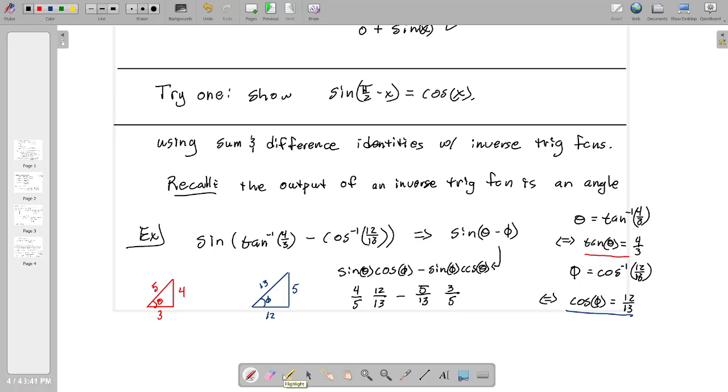Now personally, I don't like to simplify these because we're trying to combine everything, so we have 5 times 13, 13 times 5, that's going to be the same, 65 as a denominator. So I wouldn't cancel this 5 with this 5. Instead, I would just multiply. So we have